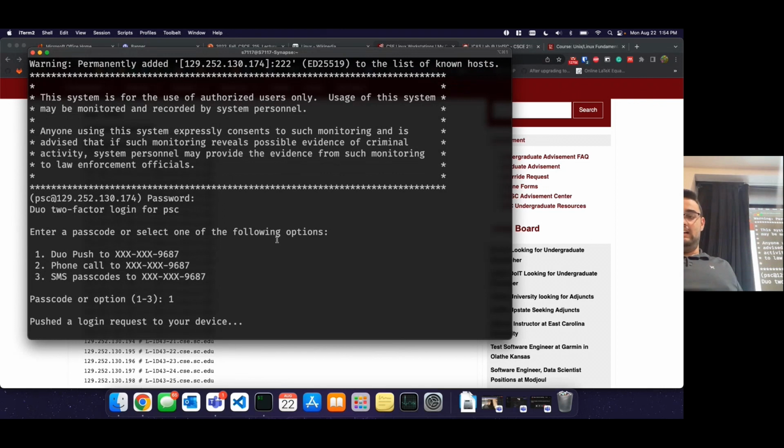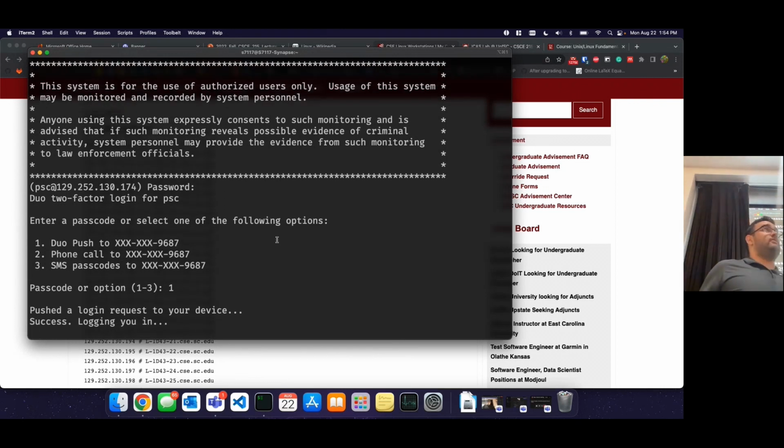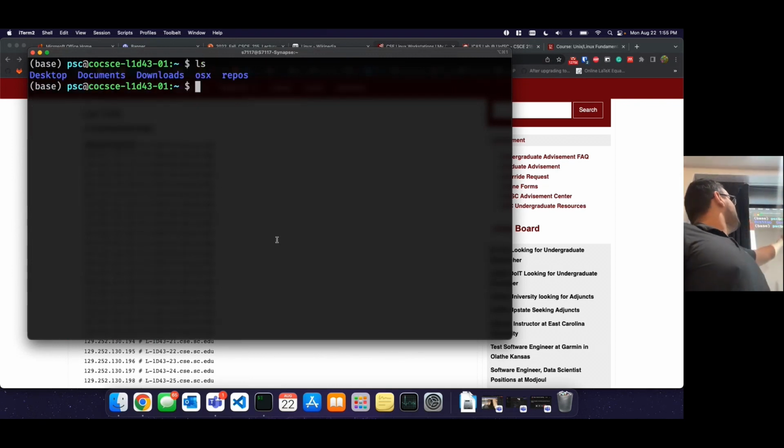So don't get discouraged if you don't see text when you start entering your password. It's reading the text that you're entering, but it's just not showing it for security reasons. All right, so now I'm in the Linux labs. I am on one of those computers in there, down the hall. And you'll have something very similar to this when you log in. You'll have a $ sign and you'll start entering commands like I was earlier.